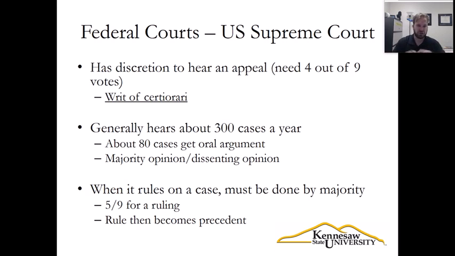The federal courts, the state courts, everybody all the way down to those courts of limited jurisdiction, the traffic courts and everything, have to abide by what the Supreme Court says. And then when you have like this 5-4 ruling, you'll end up with that majority opinion that represents the opinion of the 5 justices, and then you might have a dissenting opinion that represents the opinion of those 4 justices. And the dissenting opinion is not binding. It does not set precedent. However, that majority opinion does.